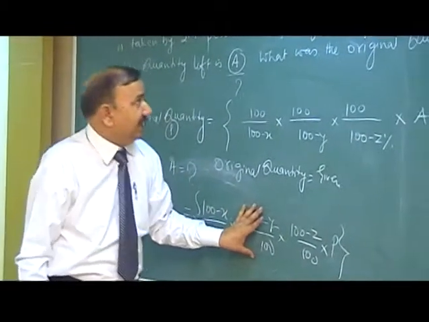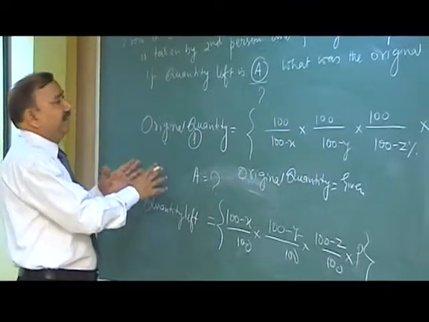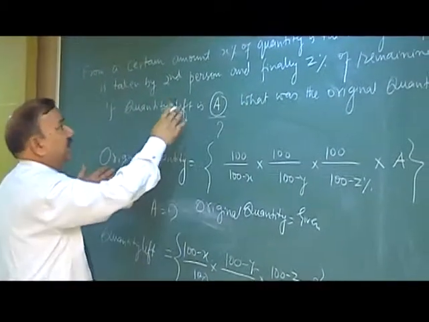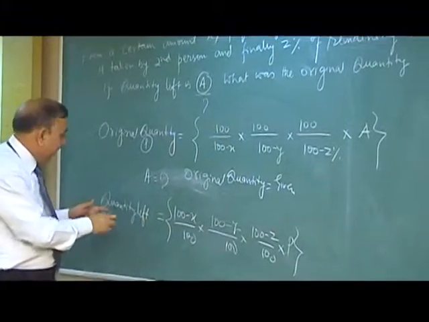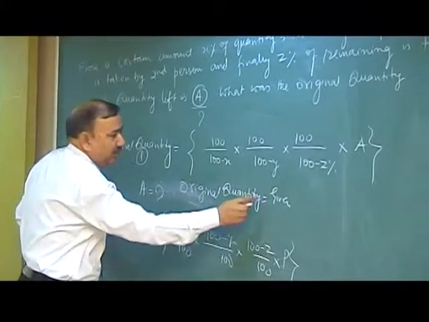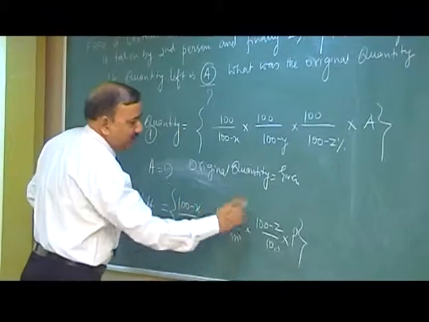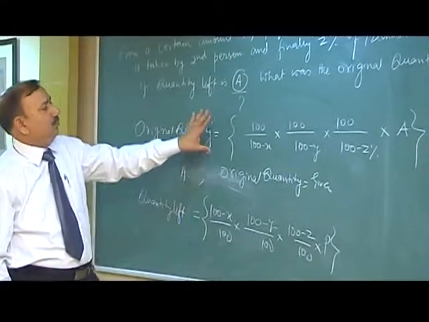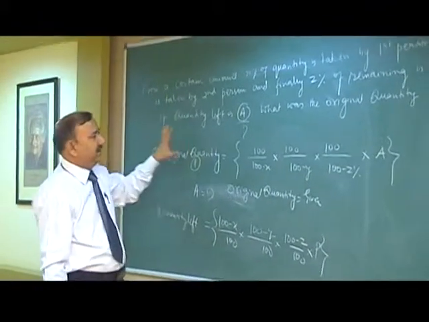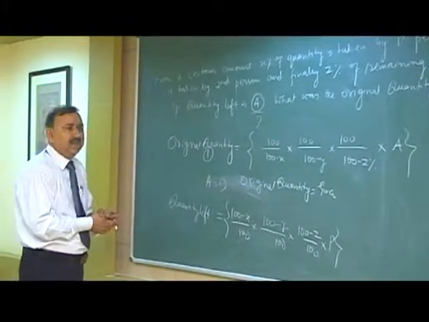This way we get how much money is left with me if I am distributing X percent to the first, Y to the second, and Z to the third. What is the quantity left? If the original amount is given at the beginning, how do we calculate the rest amount? So this is the 3 stages question. These are the 2 methods to get the answer of such questions. That's an easy way to calculate. Otherwise, the traditional method takes a very long time.